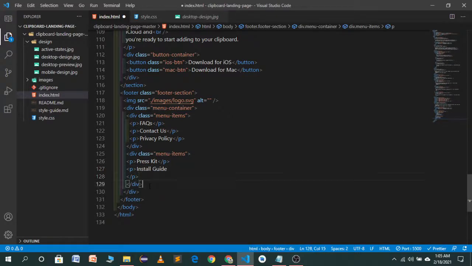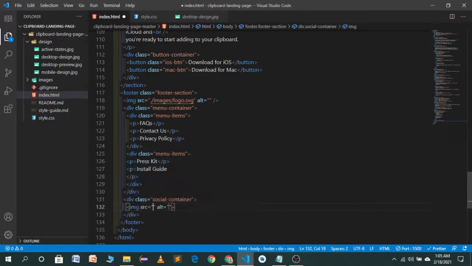Now the last part of the section, or the third part of our footer container, will be a social section. We will call it a social container.